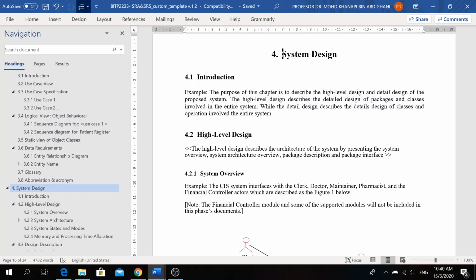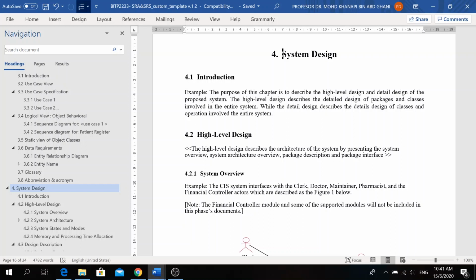So I believe that you are still awaiting the last lecture from me regarding the system design. Okay, so this is Lab 12. Lab 12 is the last lesson from the ITP 3,